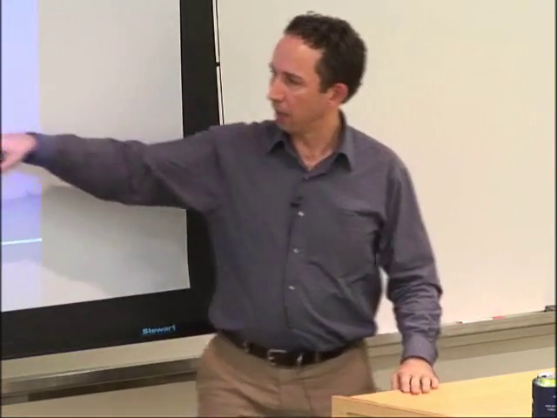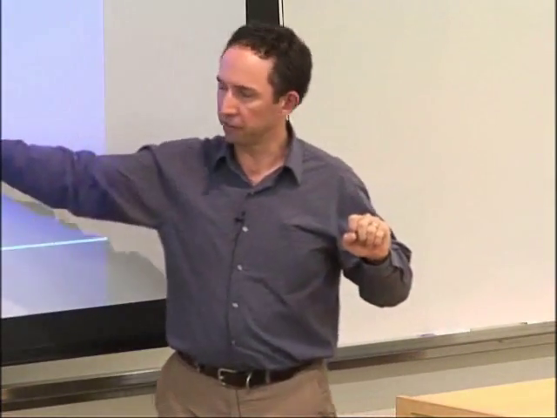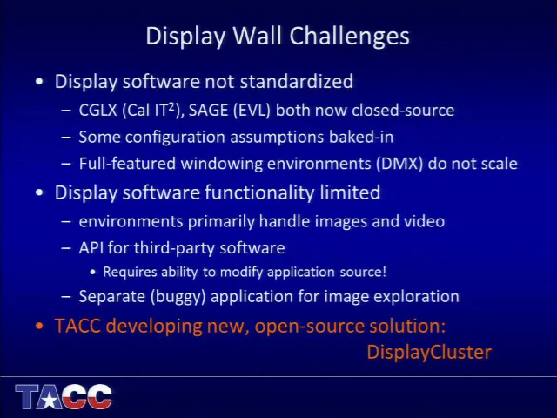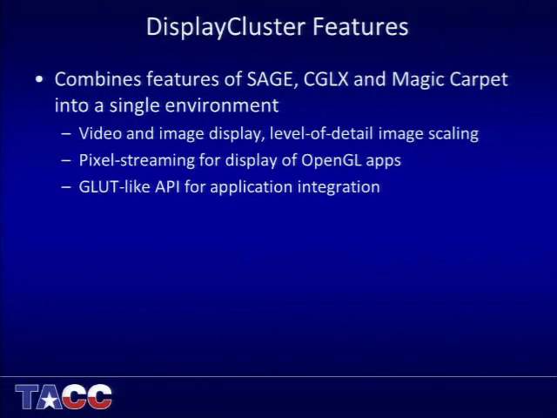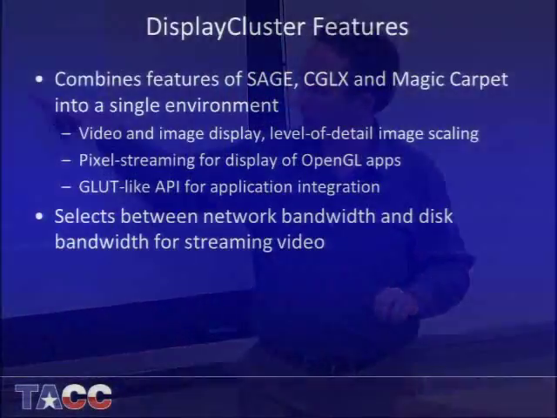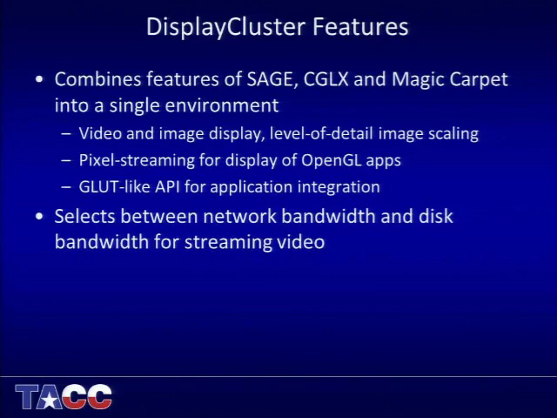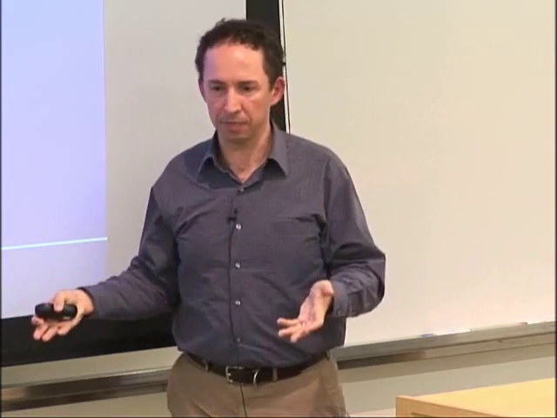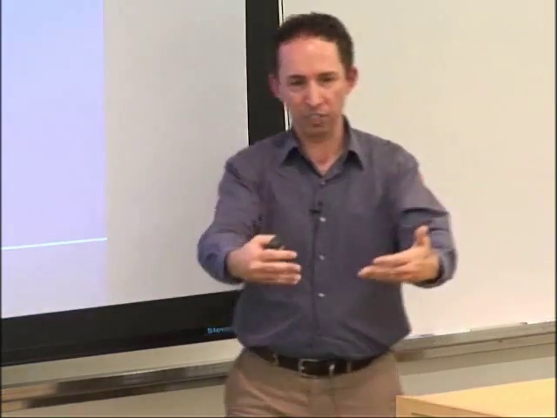And then to give you that pan and zoom feature for very large images, there's a separate application in Sage, and CGLX doesn't have support for that at all. So what we've done instead is we have now beta released our own DisplayCluster software that will remain open source. And it combines the features of Sage, CGLX, and Magic Carpet, that pan and zoom for large data or for large images. And it has all of those features, plus it allows you to toggle between choosing network bandwidth versus disk bandwidth. For example, if we had a development event before a UT football game, and we streamed